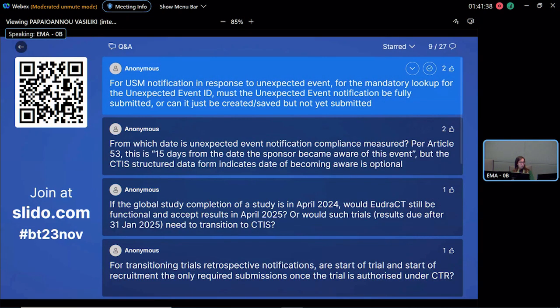So next question reads, for USM notification in response to unexpected event, for the mandatory lookup for the unexpected event ID, must the unexpected event notification be fully submitted, or can it just be created, saved, but not yet submitted? I think it goes with the previous question that you replied, Naomi. Do you agree? Yes, that's fine. So the answer to that question is that you can only link